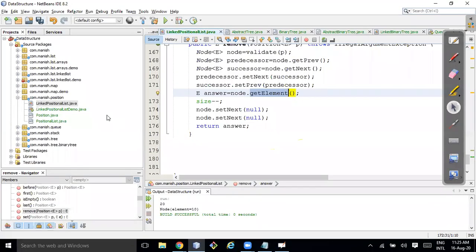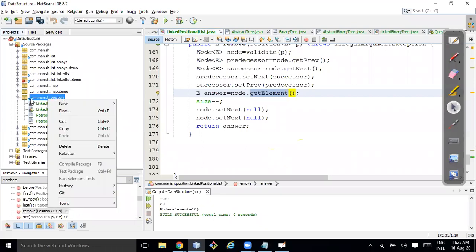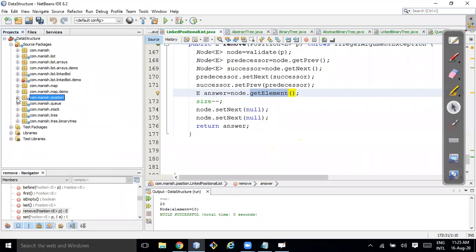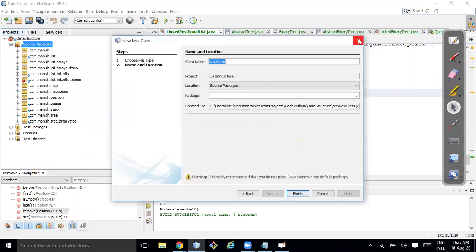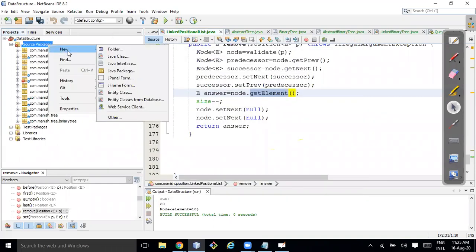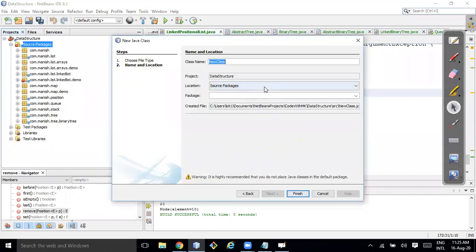Now if someone asks me to implement a DEQUE, let me try to write a new Java class, DEQUE, in com.manish.dic.